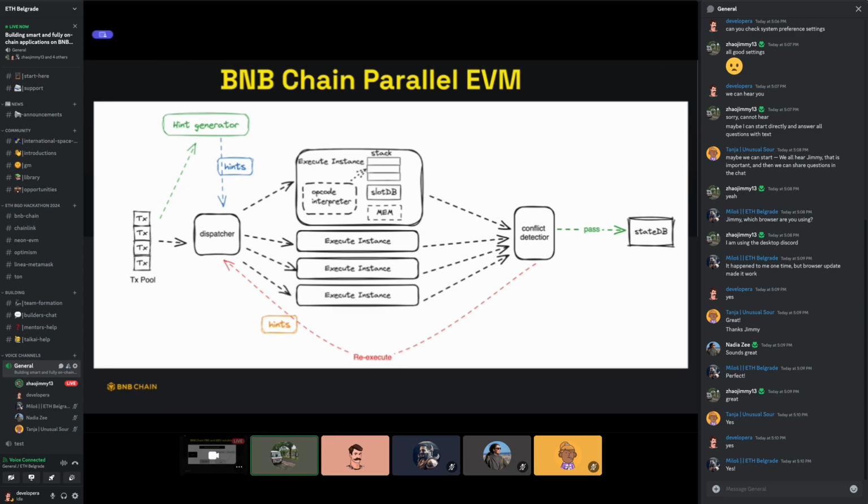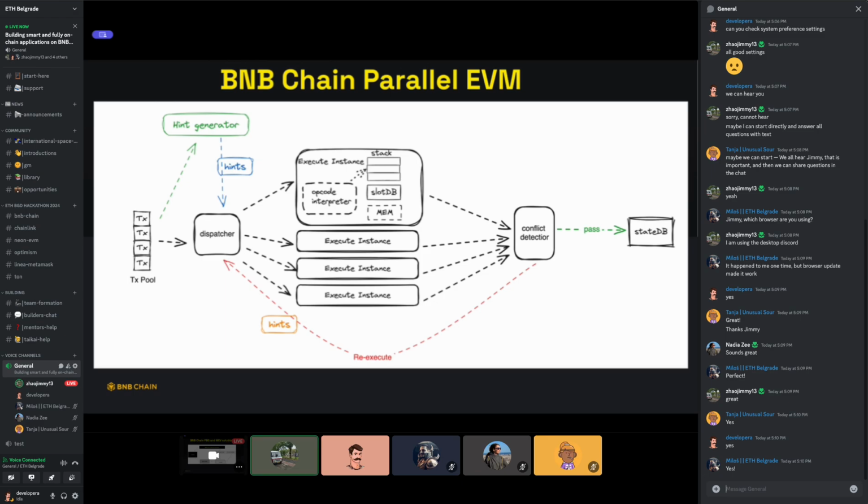That means the conflicts will be detected before the dispatcher dispatches the transactions to the execution instances. I would say most of the conflicts will be detected, so the dispatcher will know how to dispatch the transactions to the different execution instances.